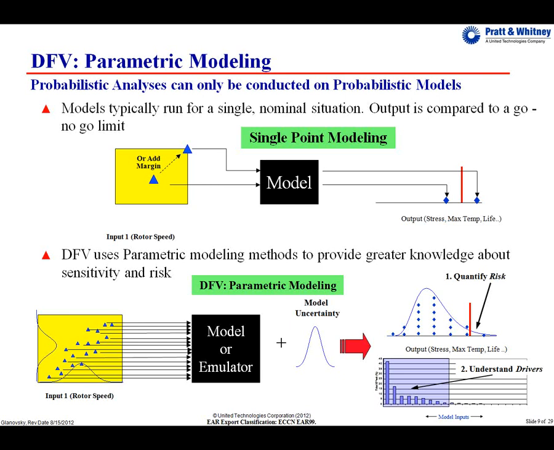And since you're getting this massive data set of Monte Carlo runs, you might as well use it to perform a sensitivity analysis while you're at it, which is going to let you understand what's driving that output. Now you know what are the most important inputs into the model, and more importantly, you know what the least important are. Those are the ones that you should not waste too much time and effort trying to control going forward. Do you really need statistical process control on those, or can you lighten up?